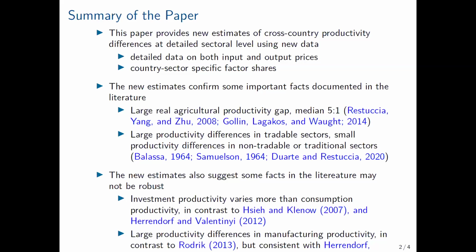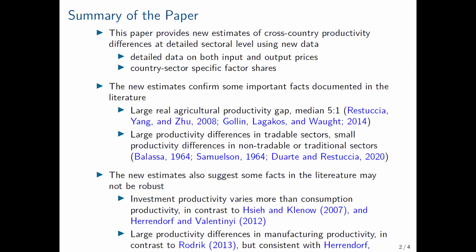So that's one issue that's not considered in the literature. And the second is this large productivity difference in manufacturing. So in a way, I always thought that could be a potential reason for us to understand why poor countries don't import more food. It's because usually when we look at the aggregate and non-agricultural sector, the productivity gap is low.